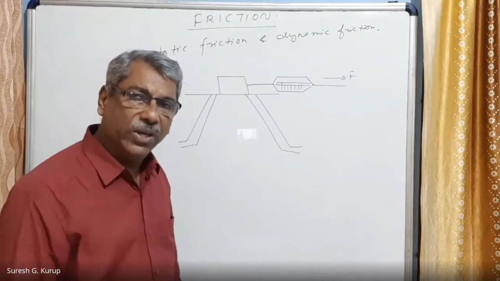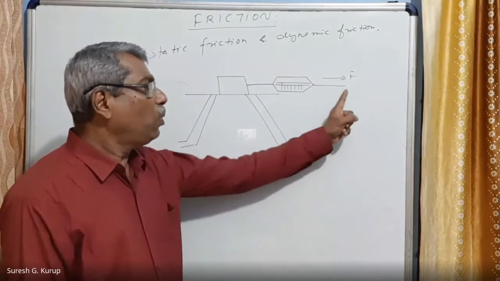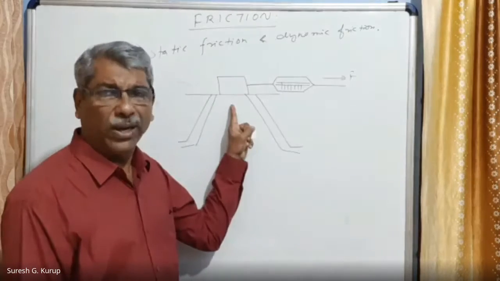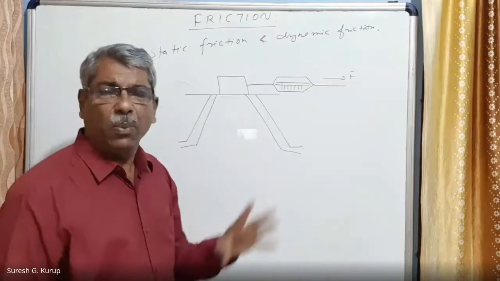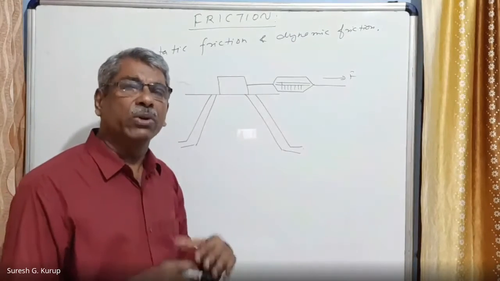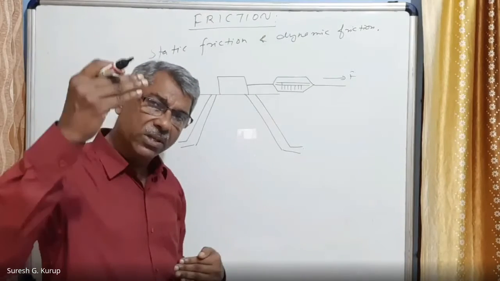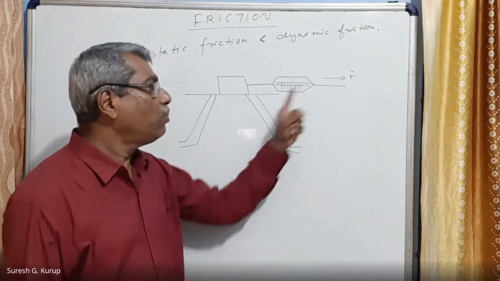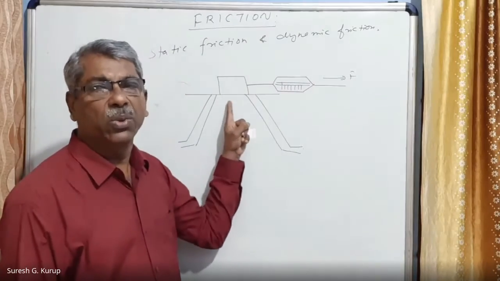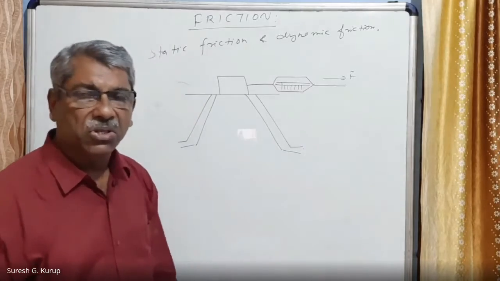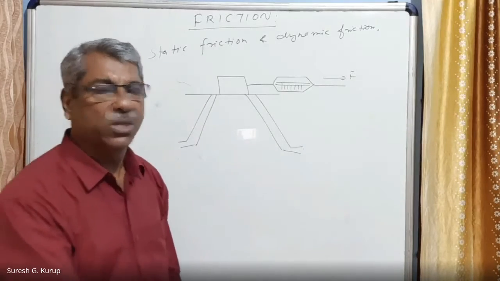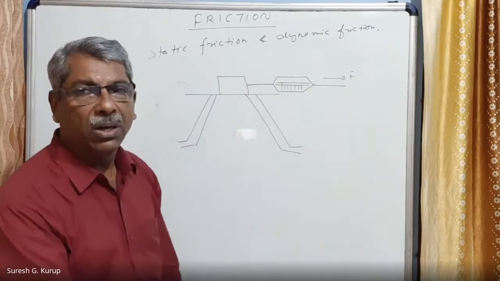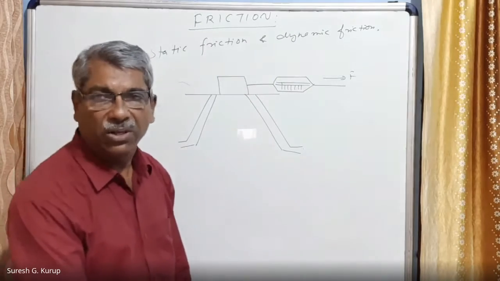At a stage, we can judge that the pulling force becomes a very high value, still the body is not moving. The pulling force then becomes equal to the frictional force. Pulling force increased, frictional force is also increasing. At a stage, the pulling force becomes equal to the frictional force. This is the maximum frictional force that the table surface can act on the body which is kept over it, right?